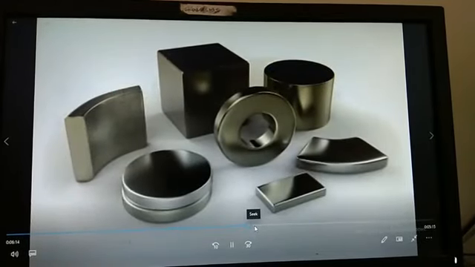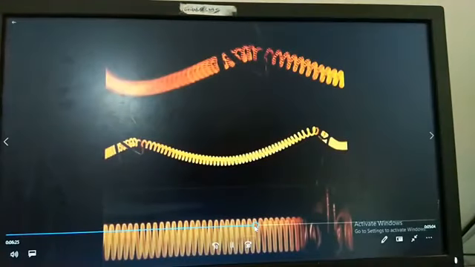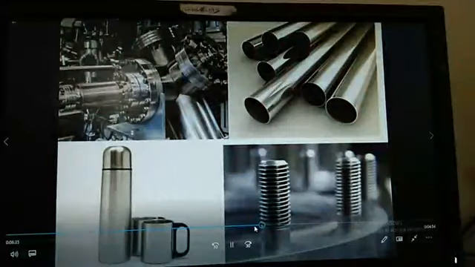Someone asked, when do we prefer unequal cross section splicing in columns? Let us take a three-story building. The ground floor column will carry more load compared with the first floor column, isn't it? So why can't you reduce the column size as you go up more stories? You can do that.